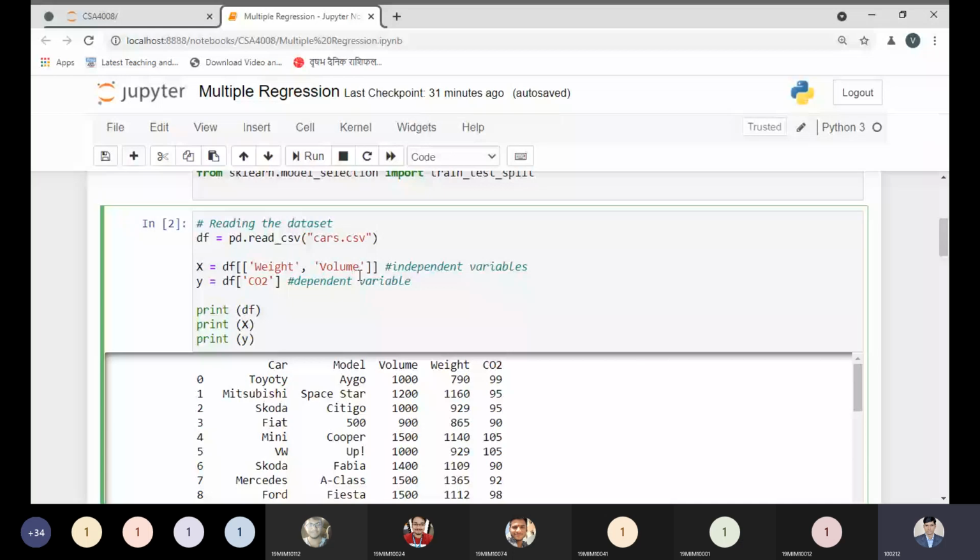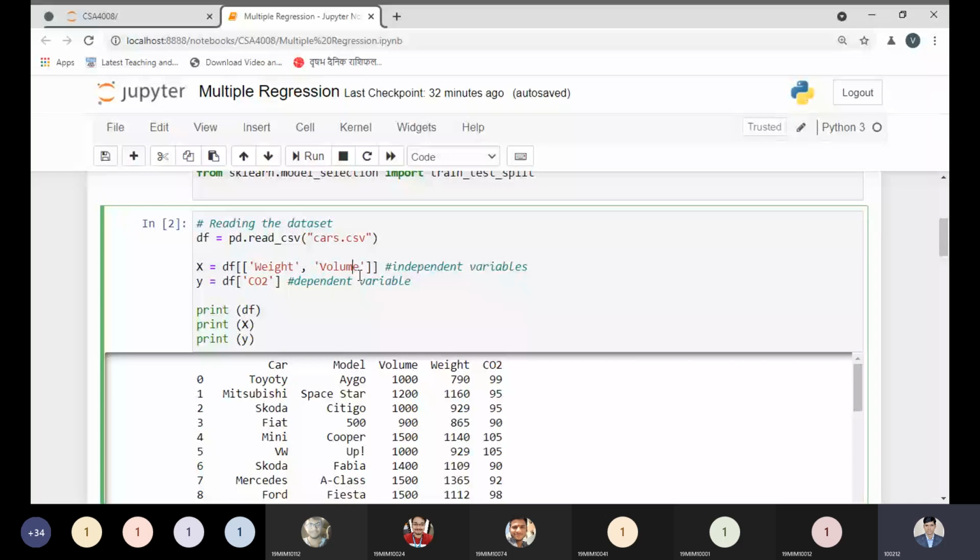So definitely what we have is the carbon. So carbon is generated by a car following its weight and volume, and of course the engine plays an important role. So what is the engine? We have some CC engines. That could be 1200 cc, 700 cc, or maybe 900, maybe 2000 cc. So it depends on what kind of car we have. But you are looking at the car and model, so what does it have? The car and model are only the name and tag.